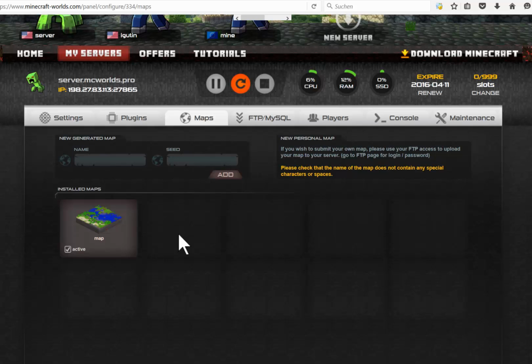So what FTP does is, it's basically like Dropbox. You probably heard of Dropbox. It's your own online folder, and in this case it will contain your Minecraft server. Okay, let's move on to FTP,